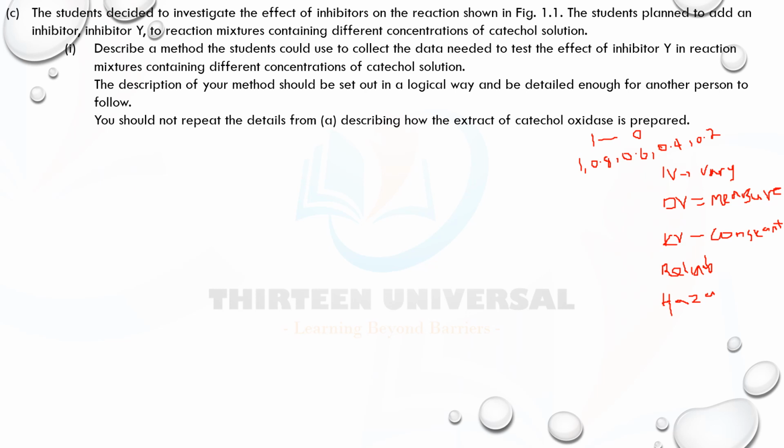Put them in different test tubes and then expose them to the same temperature, equilibrate them, and after equilibrating them, you can mix the enzyme catechol oxidase and the substrate catechol,